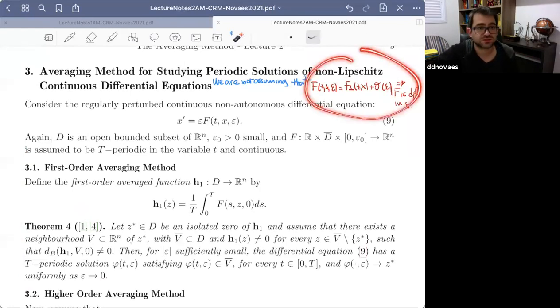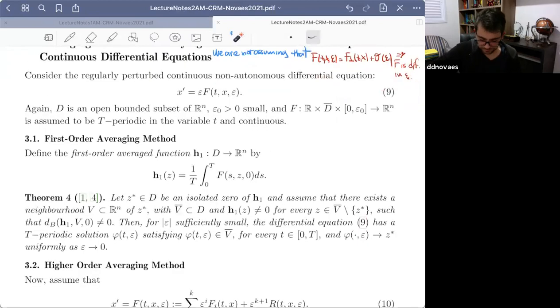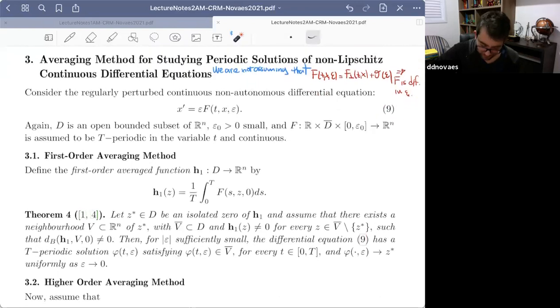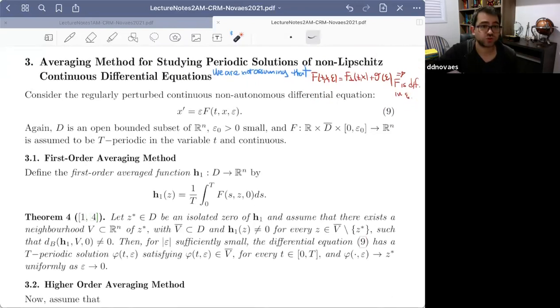However, it's not actually important for the technique that has been employed there. Okay, so I'm going to show an idea of this proof, but before, note that here I'm